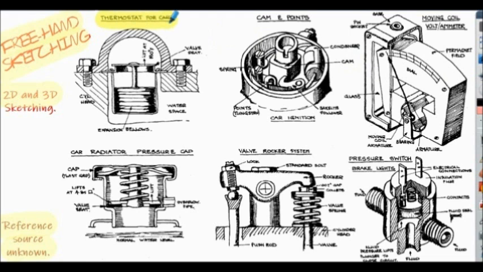Here's a two-dimensional sketch of a thermostat for a car. Here's a car engine ignition, three-dimensional sketch. Here's a moving coil ammeter, voltmeter. There seems to be a three-dimensional isometric sketch. Two-dimensional sketch of a car radiator pressure cap, two-dimensional sketch of a valve rocker system, and another pictorial three-dimensional sketch of a pressure switch. Again, just trying to illustrate how engineers do sketching in 2 and 3 dimensions, and also